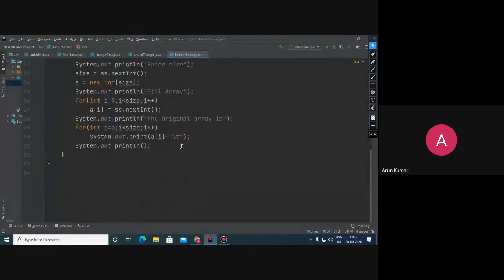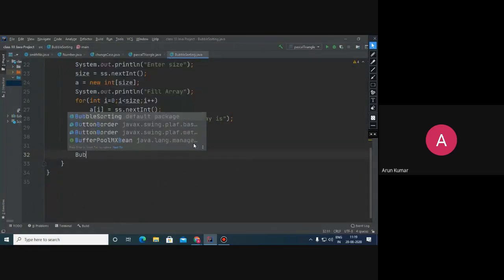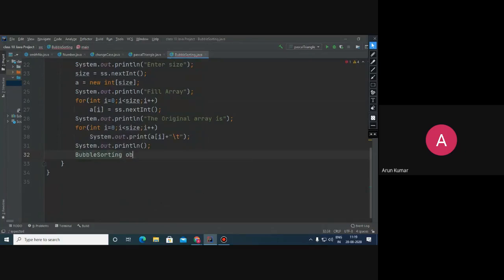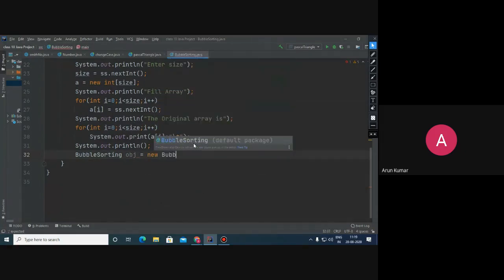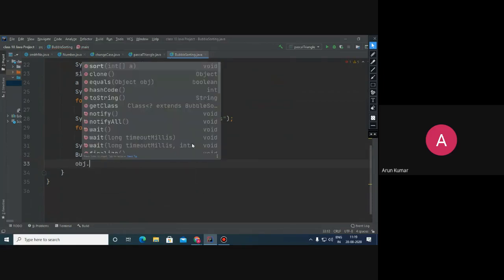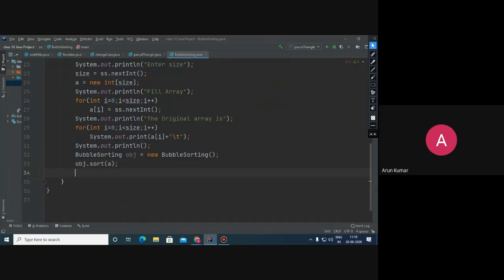Now, after this, I need to call the function, and for that, I need to create the object of the class. BubbleSorting obj = new BubbleSorting, and then I'm just going to call obj.sort, passing the array itself.